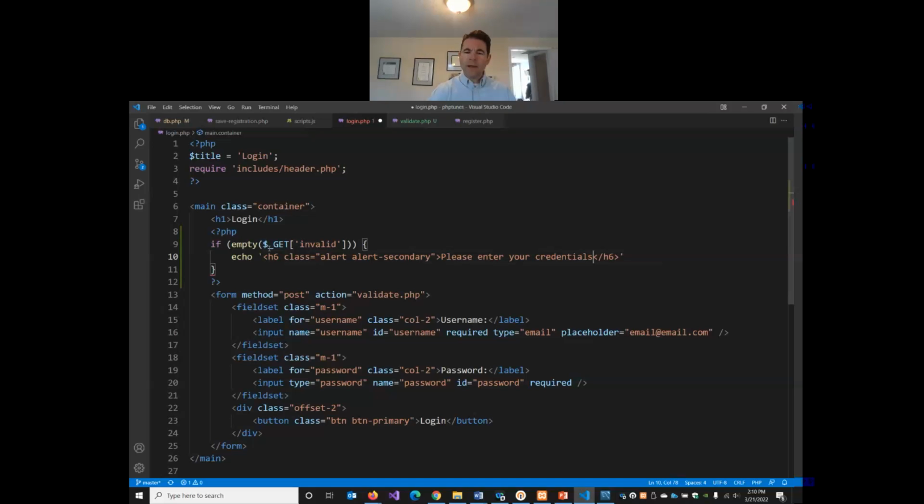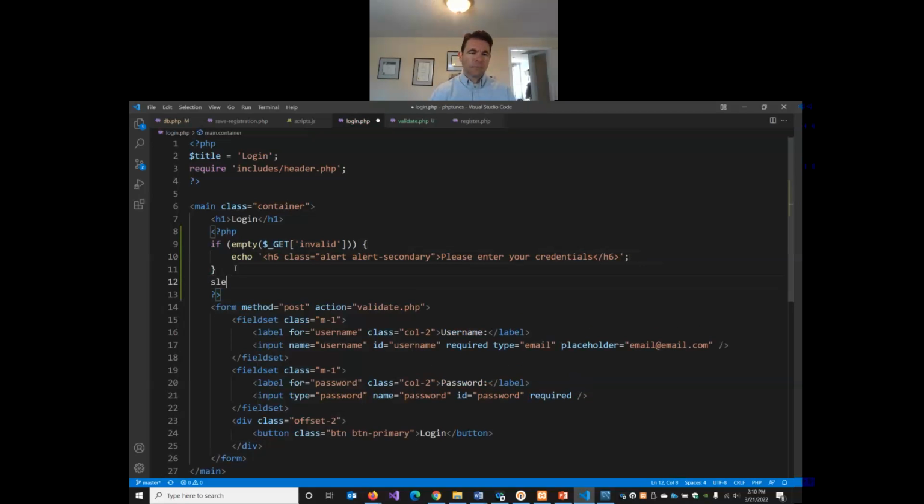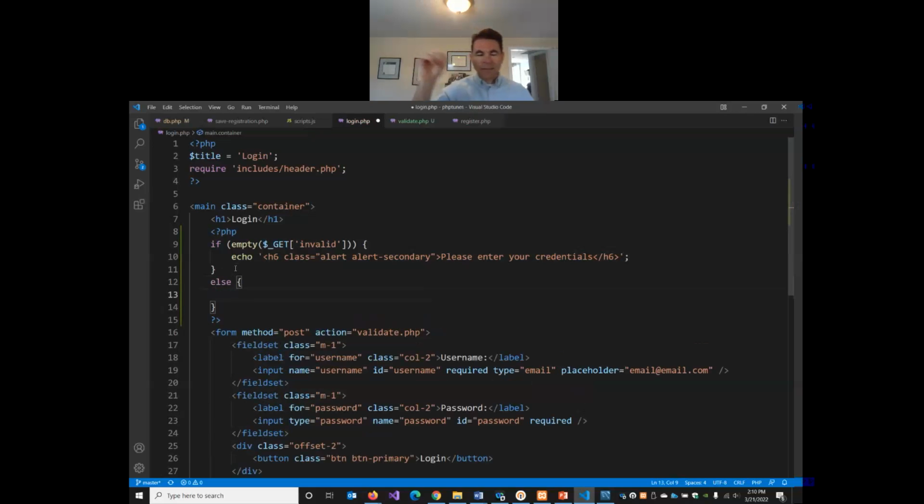So if there is no error, there'll just be a gray message at the top of the form that says, please enter your credentials. If there is an error, an invalid parameter in the URL, instead,